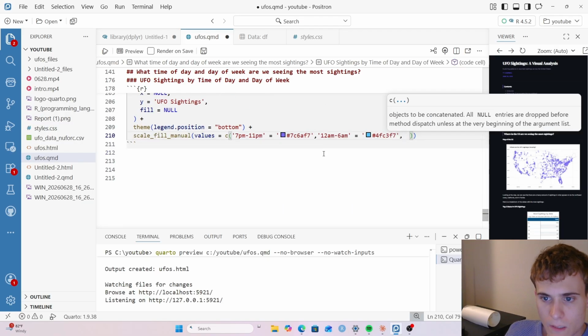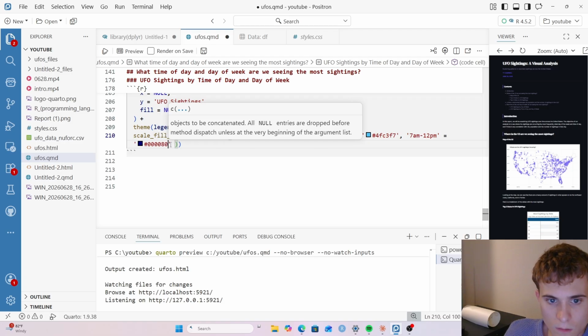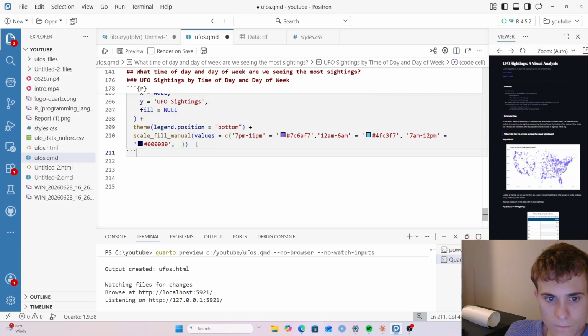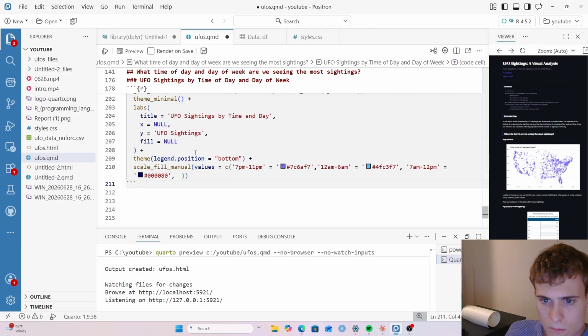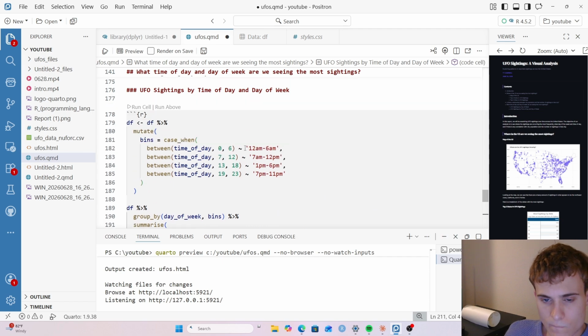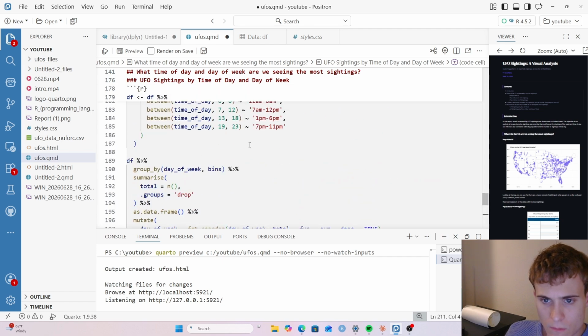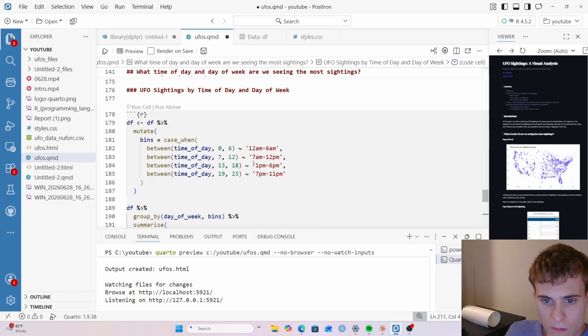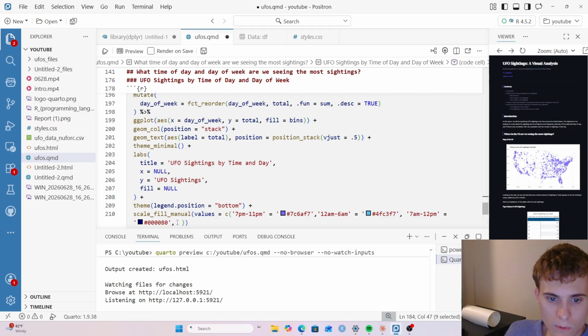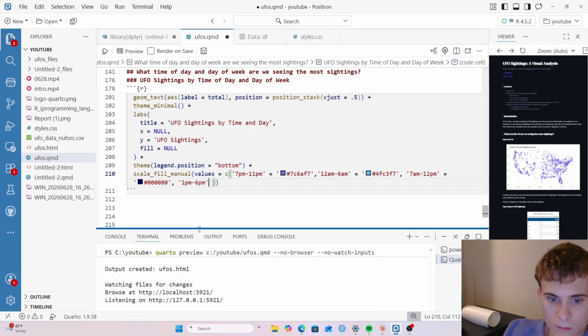7 a.m. to 12 p.m. Okay, one more. So I got, what other ones do I need? 12 a.m. to 6 a.m. No, 1 to 6, that's the one I need. All right, so we're going to take this other one, this last one. We're going to say it's equal to,